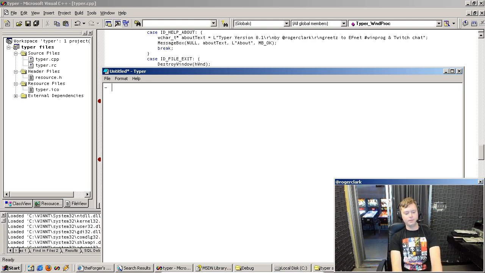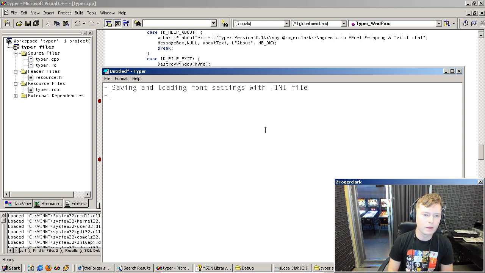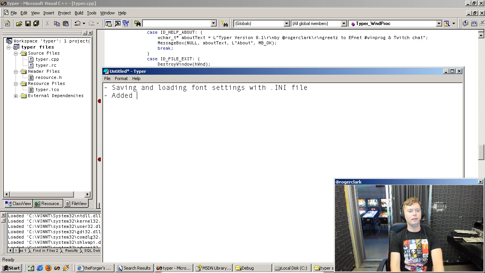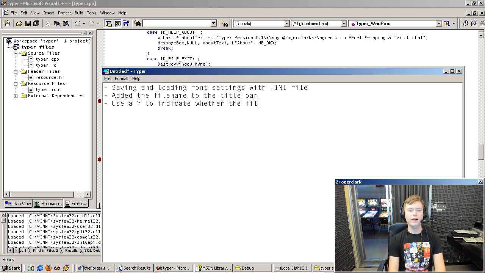Tonight, what did we do? We got saving and loading font settings with an .ini file. What else did we do? We added the file name to the title bar. We also use a star asterisk to indicate whether the file has been modified and prompt the user to